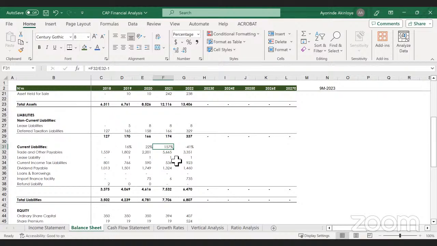They likely import some of the components that they use, or maybe they pay royalties to AkzoNobel, because I think they pay royalties maybe per unit, I don't know. They have their trade agreements because they produce some of AkzoNobel's products here in Nigeria. So they may have been owing AkzoNobel some royalties and things like that. But if you look at the breakdown of this trade and other payables in their balance sheet, you have an idea